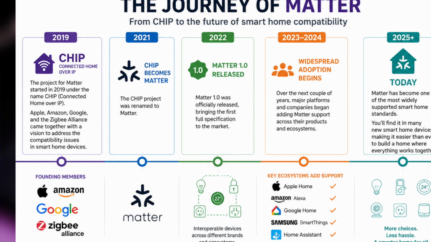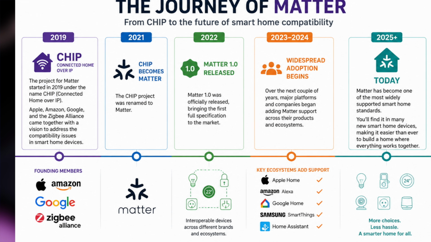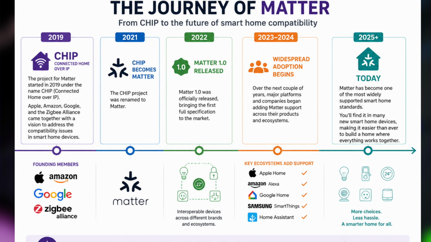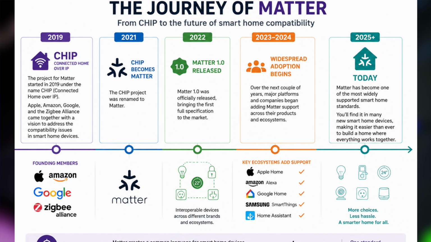Then, over the next couple of years, Amazon, Apple, Google, Samsung, and Home Assistant, which we'll talk about shortly, all began adding support. Today, Matter has become one of the most widely supported smart home standards that you'll find in many new smart home products. So now that we've discussed some of the terminology, let's discuss how it all works together,